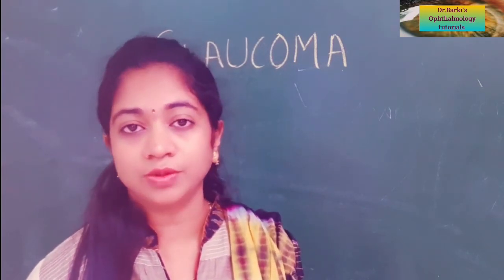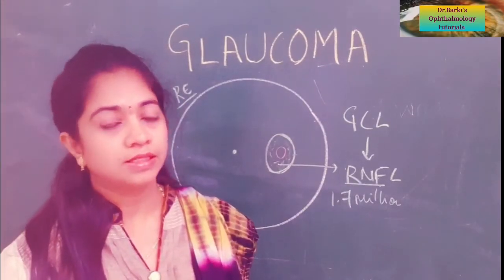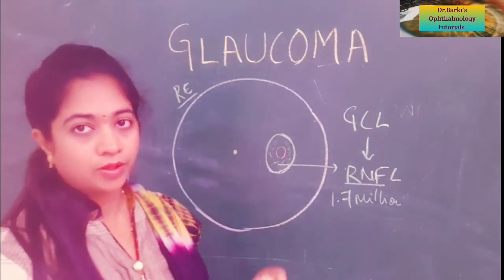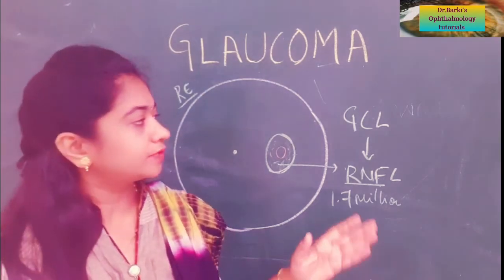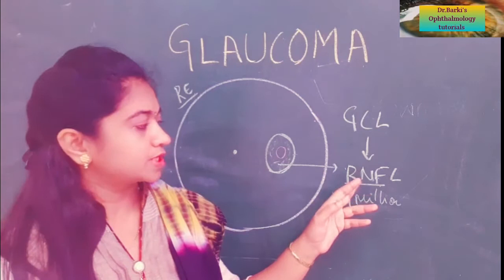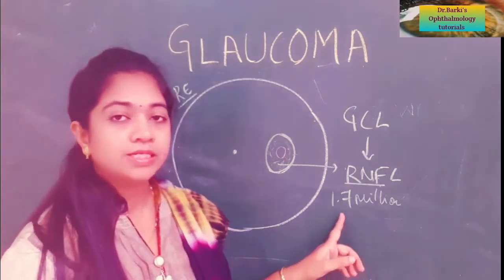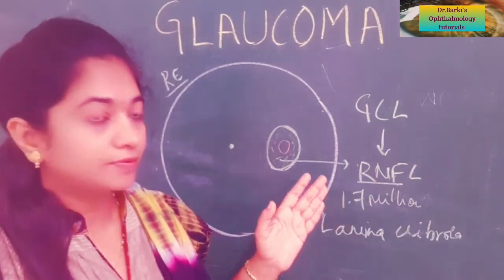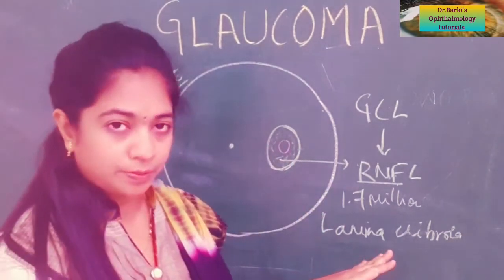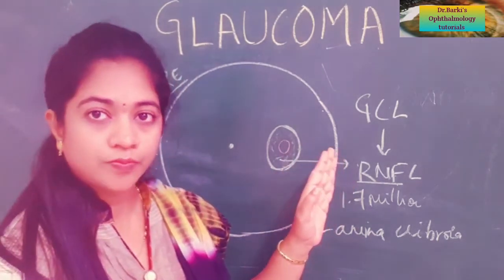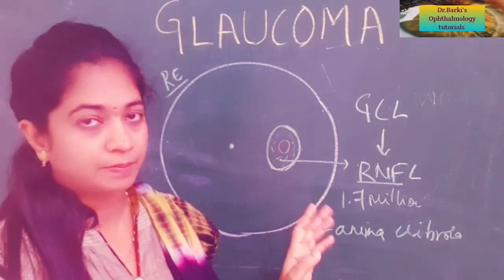The first word to explain is the optic disc. In the fundus of the retina we have two important structures, the optic disc and the macula. As you know, there are 10 layers of retina. The 8th one is the ganglion cell layer, the axons of which constitute the retinal nerve fibers. All these retinal nerve fibers, about 1.7 million in number, come from different parts of the fundus and pass through an opening in the sclera called the lamina cribrosa, then exit the eyeball and form the optic nerve. This is the normal physiological process.